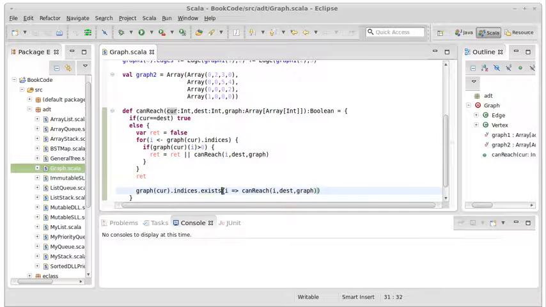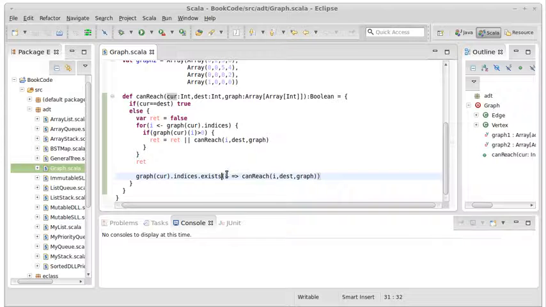So the exists method is a higher order method that calls this on each element in turn, which is kind of what we're doing here with the indices. And actually I should say this is graph sub cur sub i greater than 0 and canReach,